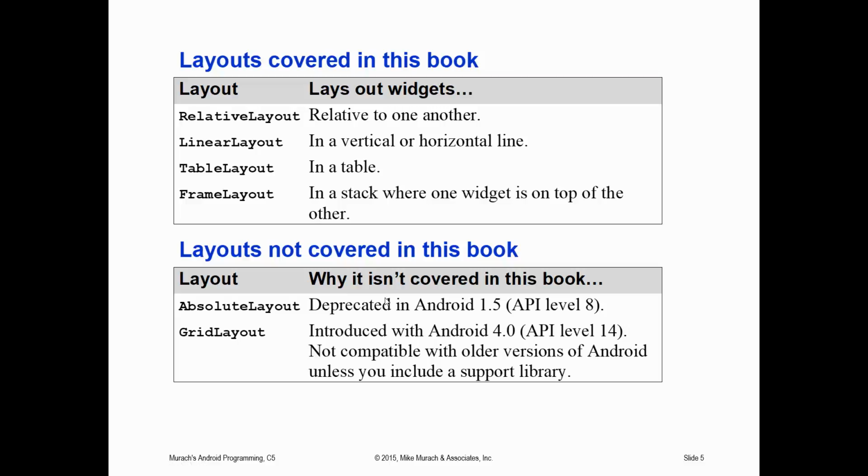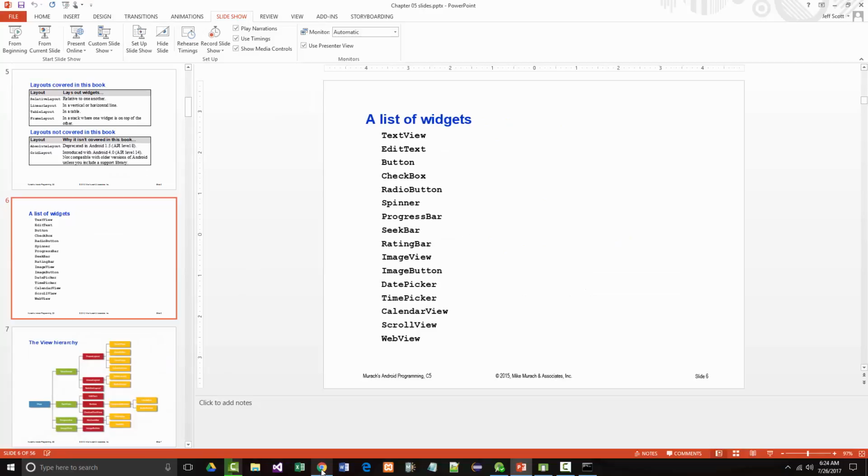There's also the grid layout, which, as you can see, was introduced with Android 4.0, the API 14, not compatible with older versions. All right. So here's a list of different widgets that you can use. Again, let's suppose, I'm just going to grab one of these, this rating bar, because I've never used that. So if I went out to